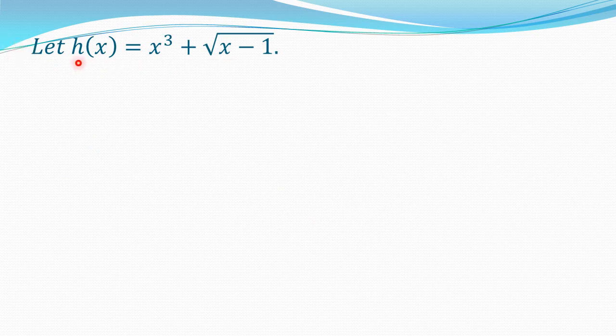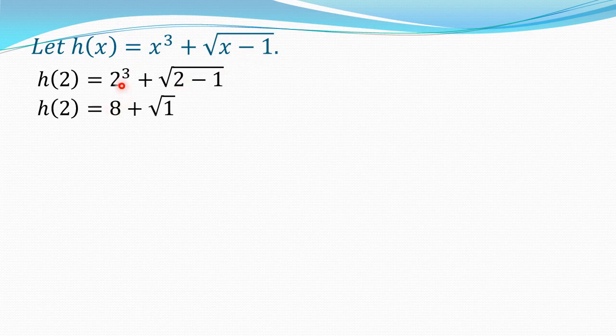And here is our example. h of x equals this expression. So the first task is to evaluate h of 2. So h of 2, what we do is just substitute to all the x in the expression the number 2, because that's what's given. So your x cubed becomes 2 cubed, x minus 1 becomes your 2 minus 1, and